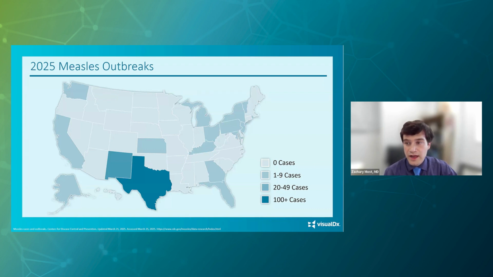In 2025, there have been several measles outbreaks occurring all over the country. I'm not going to cover any of them in too much detail here, because anything I say will be out of date very quickly, and I refer you to the CDC website, which keeps track of the ongoing measles outbreaks. The largest, most notable one started in the South Plains region in West Texas, and has spread to neighboring states like New Mexico and Oklahoma, as well as Mexico, and other states are experiencing outbreaks as well, like Ohio, Indiana, and Michigan.